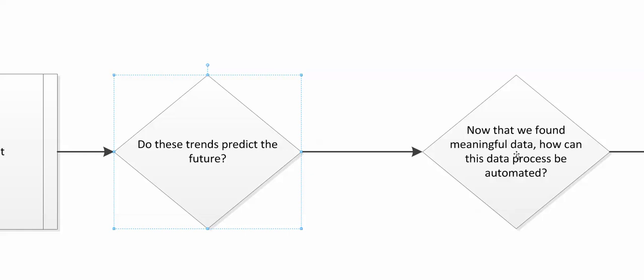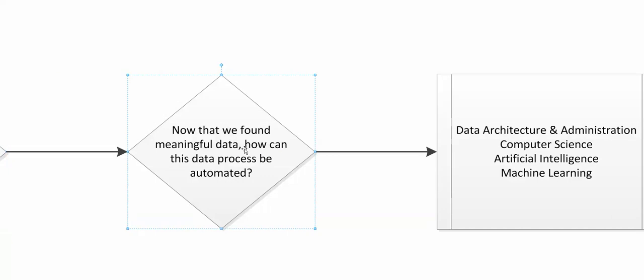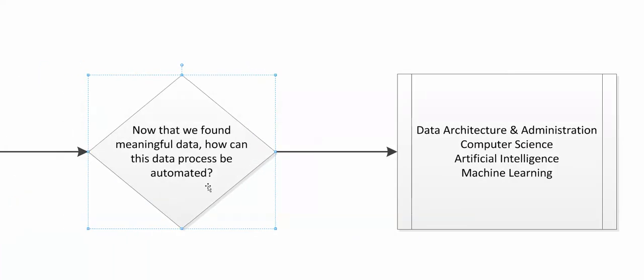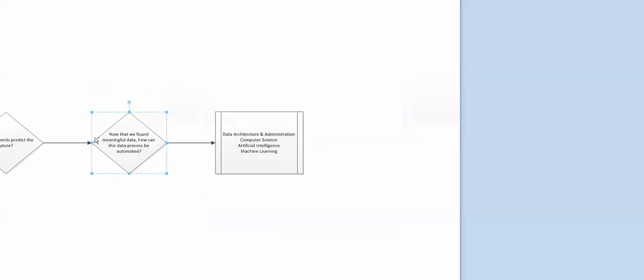And then now that we found meaningful data, how can this data process be automated? So this is a big deal. It took all this work before here to get to the point of finding trends in data, but there are people out there who automate that process. So you click a button and the dashboard repopulates with all the data you need. And so that's data architecture, that's computer science. Now we're getting into artificial intelligence and machine learning, and really trying to automate that whole data process that we